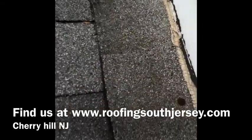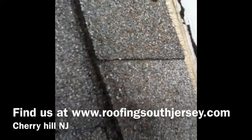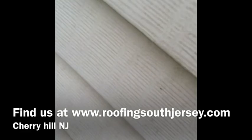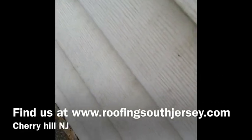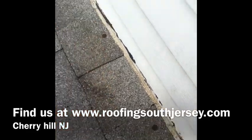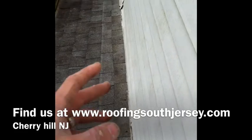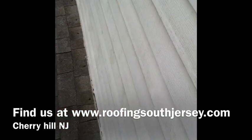Didn't really want to get into it too much to see if they put any kind of pan flashing, but I'm not seeing any right this second. Pan flashing should come out to at least a half inch behind this edge here. I don't see anything in there right there. So once they get water leaking behind this wall, it's going to run down and get in there and cause